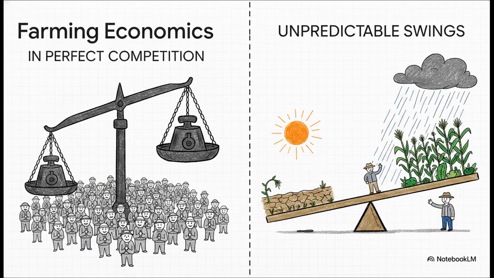It operates super close to what economists call perfect competition. Millions of individual farmers are basically just price takers. Not a single one of them is big enough to dictate the market price of wheat or rice. Plus, a single severe drought or a surprisingly perfect rainy season can drastically alter the entire national supply. It's an industry of wild, rapid swings that practically begs for some outside stability.